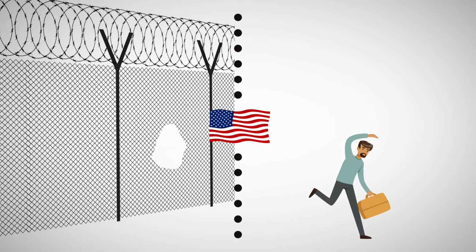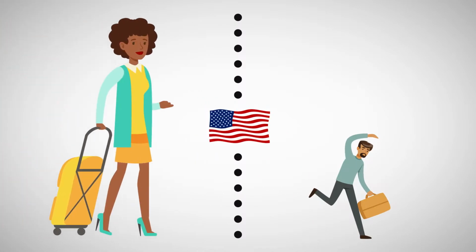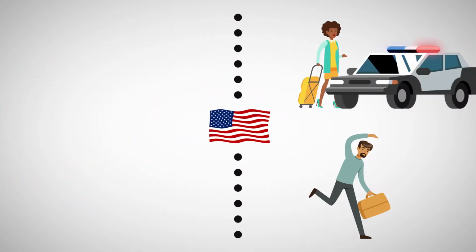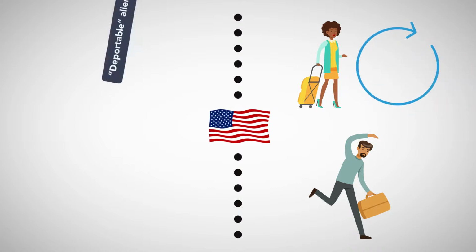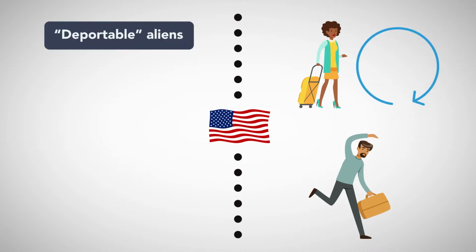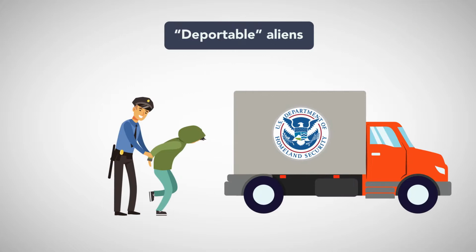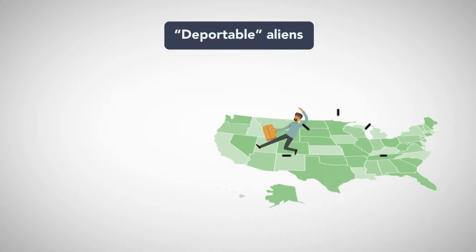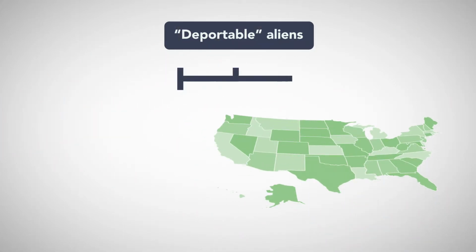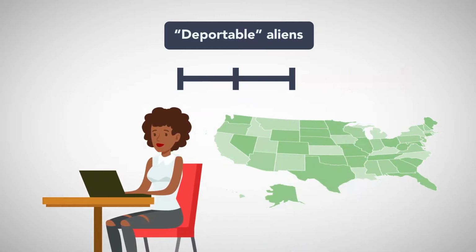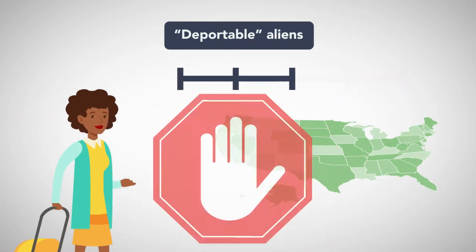U.S. immigration law treats those who enter the country without inspection and those who enter legally but do something to violate their conditions of entry or overstay their visas as deportable aliens. In addition to being subject to apprehension, possible detention, and removal from the country, depending on the duration of a person's overstay, the traveler is subject to being ineligible to return to the United States.